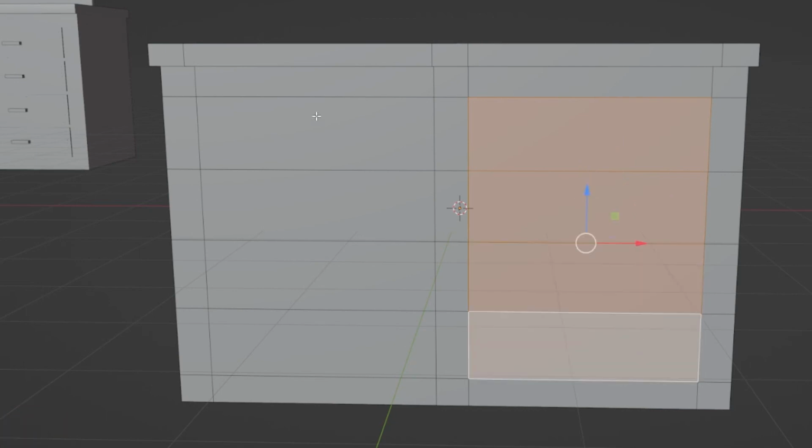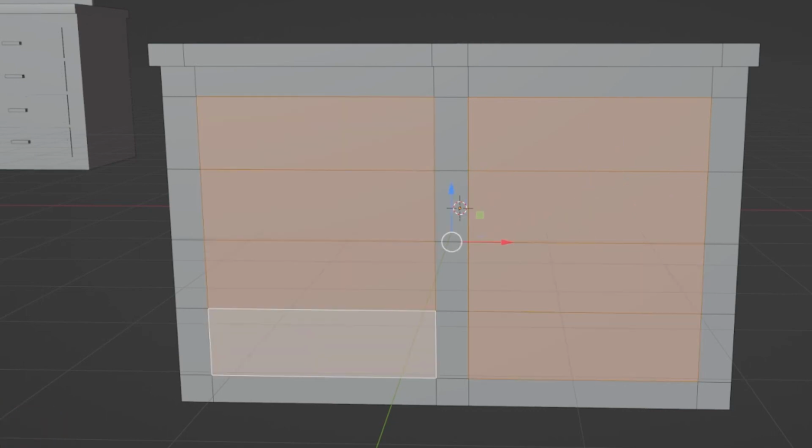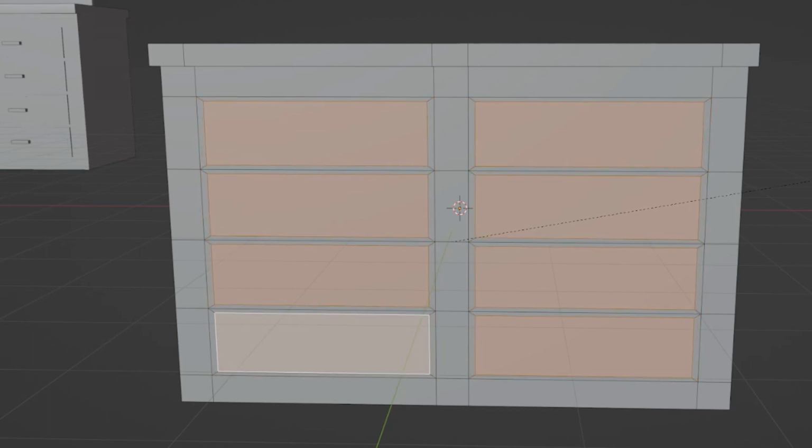So again, we're selecting these 8 faces. We're going to press the I key, and for some people, if you need to press it twice, press it twice. And we're going to come in. Let's come in about right there. Because we have to create that little distance between the drawers, so they don't all look like they're just all clumped together, just one big thing. Okay, once you've done that,